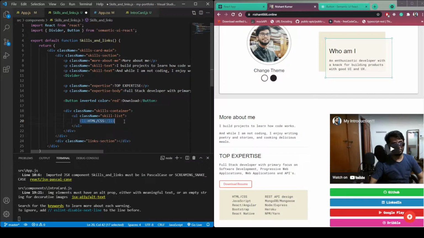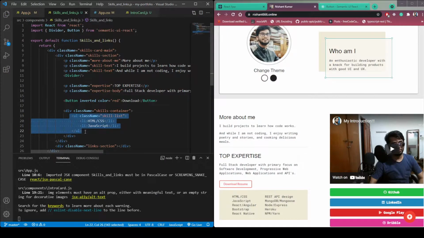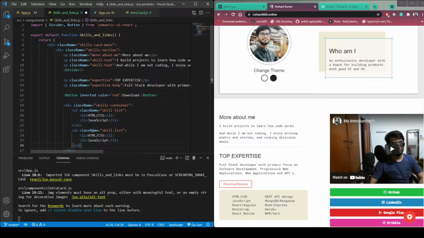Then let's add JavaScript. Copy this UL class name, skill list, and change the text here. This should be React and make this JavaScript should be Angular.